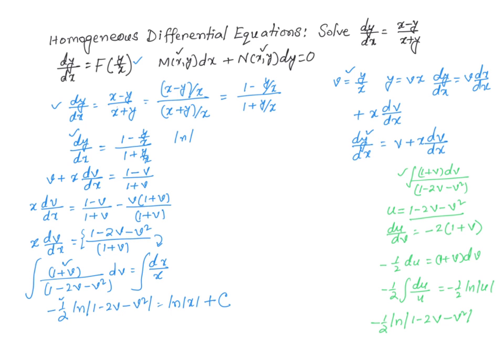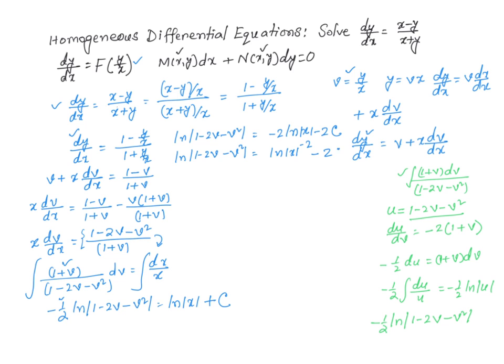Ln of the absolute value of 1 minus 2v minus v squared is equal to negative 2 times ln of the absolute value of x minus 2 times c, that I could simplify further to ln of 1 minus 2v minus v squared all under absolute value is equal to ln of the absolute value of x to the power negative 2